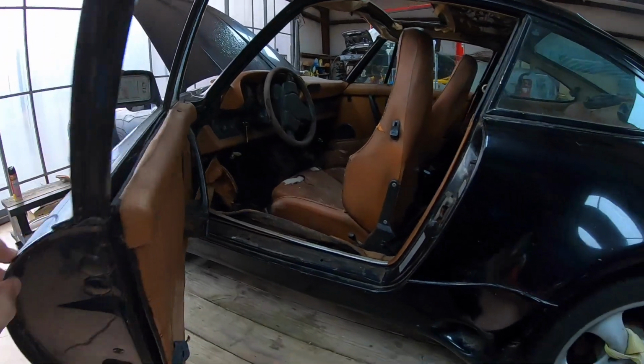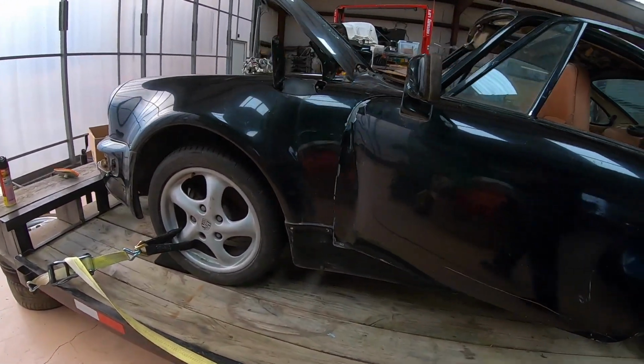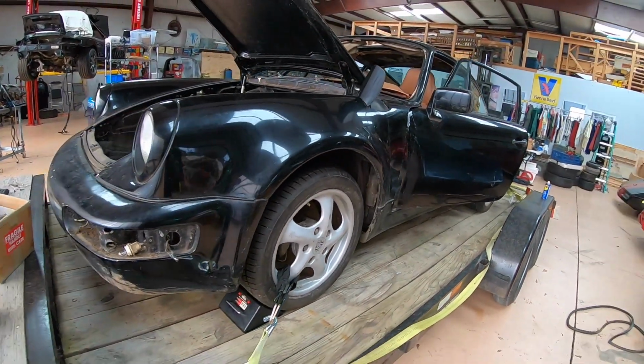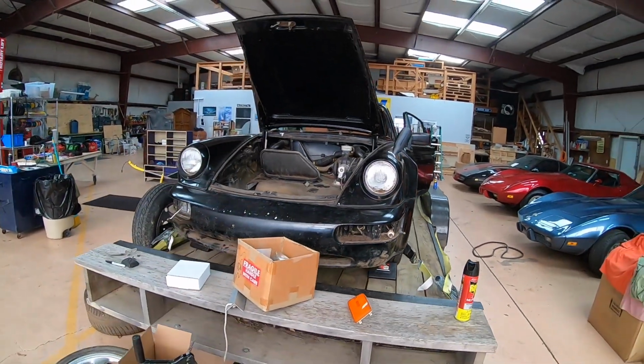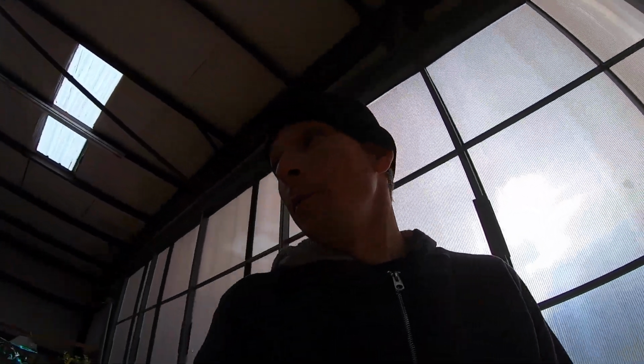I've always wanted one, but with the market blowing up a few years ago, I just never thought that I would ever have access to one, let alone a barn find one that is more or less right up my alley. So yeah, stay tuned. Got some cool stuff hopefully coming with this, and all the other stuff,